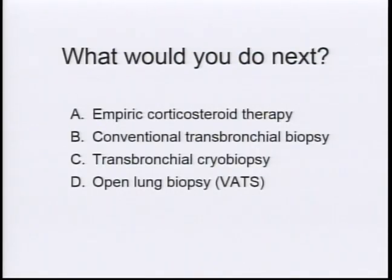You can do either no biopsy and just treat empirically with corticosteroids. You could do a conventional transbronchial biopsy. This is a biopsy where we just use a little forceps tool, a transbronchial cryobiopsy, or an open lung biopsy. So the gold standard, I have to say, for any type of ILD is a VATS, an open lung biopsy, getting a piece of tissue, and that gives you great